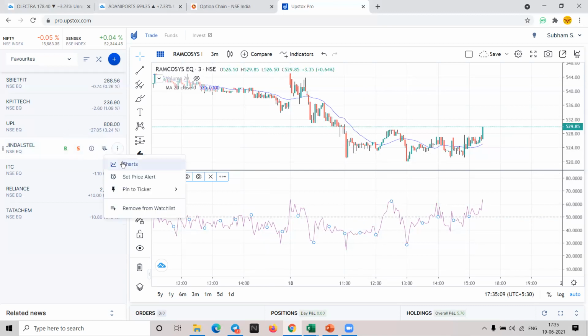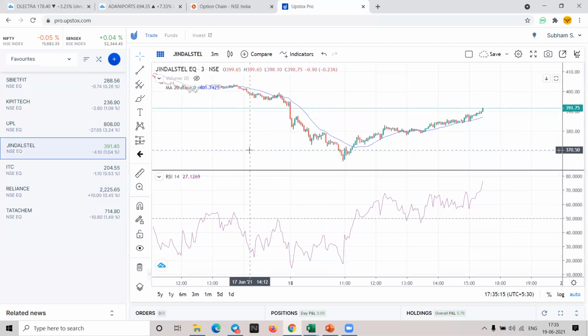Yes, but what is the typical range? No range in this. See, if you want to understand overbought and oversold zones, you can follow 70-30. When the RSI value is above 70, you should be careful that the stock can give a correction because this is in the overbought zone. And when the RSI value is below 30 or around 20, that means it is in the oversold zone. So you should be careful that it can give a bounce from here.